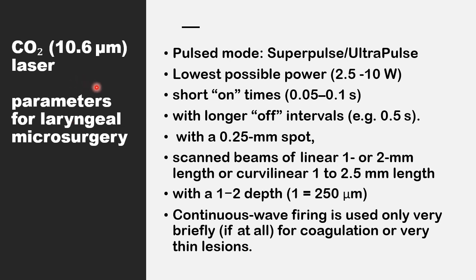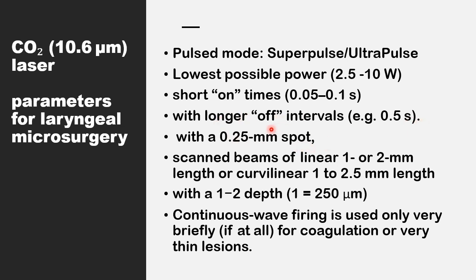A very common setting of carbon dioxide laser for laryngeal microsurgery is this, the pulse mode, either super pulse or ultra pulse mode, with the lowest possible power, usually somewhere between 4 to 6 watts, but as low as 2.5 for work on the vocal folds, and 10 watts if you are working on a bigger job like papillomatosis, for example. And this should be delivered in short pulses, like 50 milliseconds or 100 milliseconds. This is very short pulse, and a longer off interval for cooling down of the tissue, half a second, 500 milliseconds,